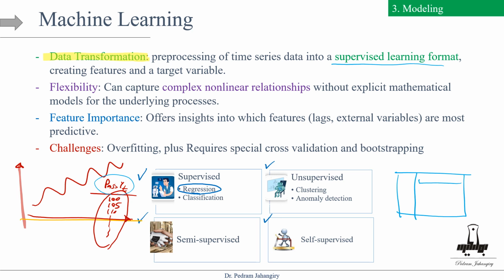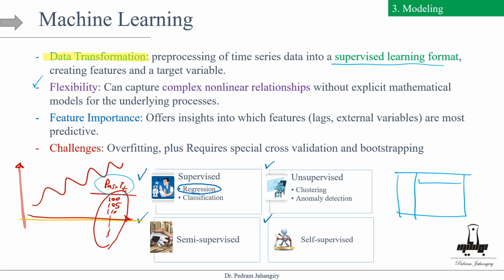And then apply any kind of machine learning model to that, right? It can go from a simple linear machine learning model to random forest, XGBoost, you name it. Because for some of the machine learning models, we are not imposing any functional form on that f, they're more flexible, right? They can capture more complex and nonlinear relationships without explicit mathematical models for the underlying process,